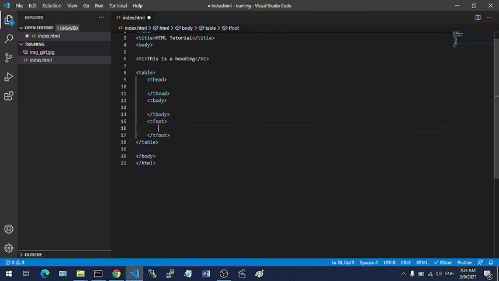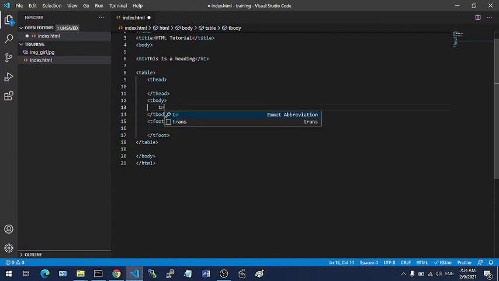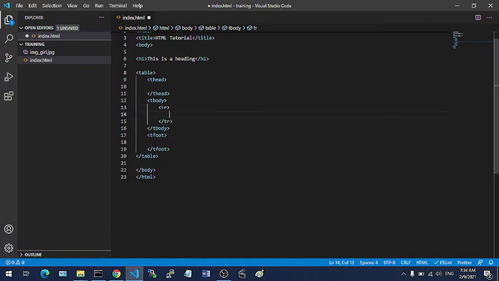These are the 3 sections of a table. Then within each of the sections, you can then have your rows and your data. TR represents the table row. Within that row, we should have the TD, which is the table data. Now, the table data can be my first column. That is your actual data within that